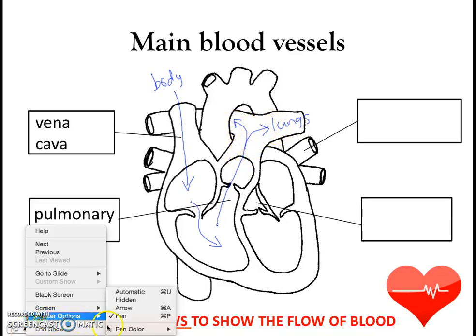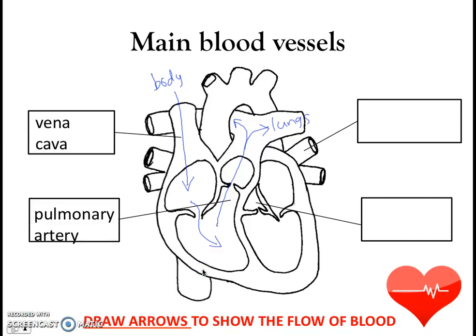Alright, now we need to turn our attention to the other side of the heart. And I'm going to change my pen color because now, after blood has gone to the lungs, it becomes oxygenated, right? It picks up oxygen. So oxygenated blood returns to the heart through this blood vessel here. This blood vessel coming into the left atrium is the pulmonary vein. If you recall, the pulmonary vein transports oxygenated blood from the lungs into the heart,